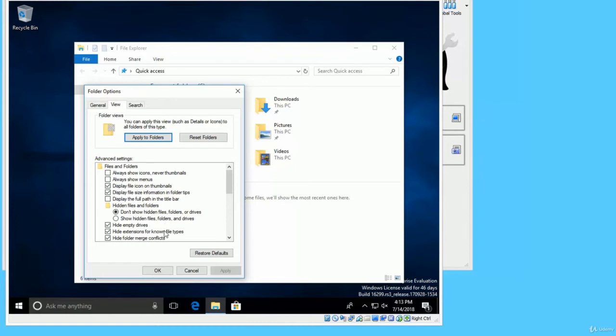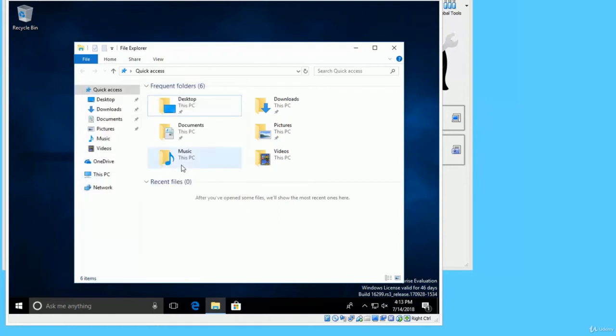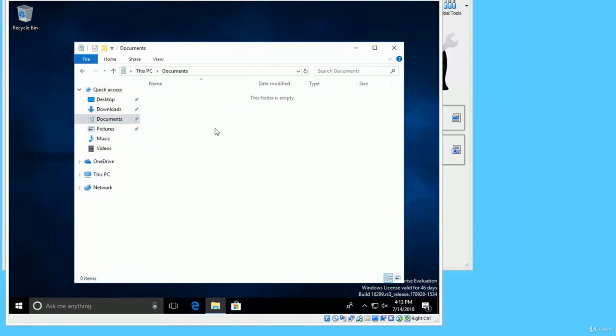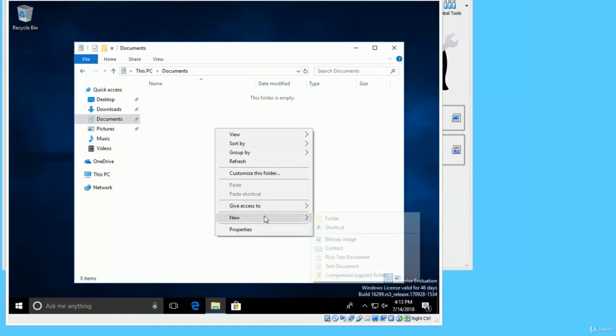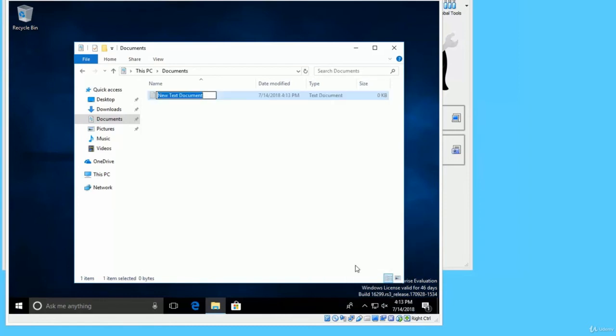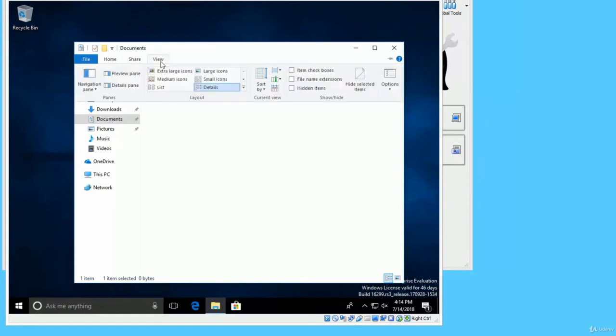Another cool option is over here, hide extensions for known file types. If you have a document, let's say I will cancel it, and I will go to Documents, and I will create a new document. Right click, New, Text Document. Okay, let's create a new text document and call it Test. Please note, Windows is going to show test, and there is no test.txt, because Windows is assuming it is a well-known file,